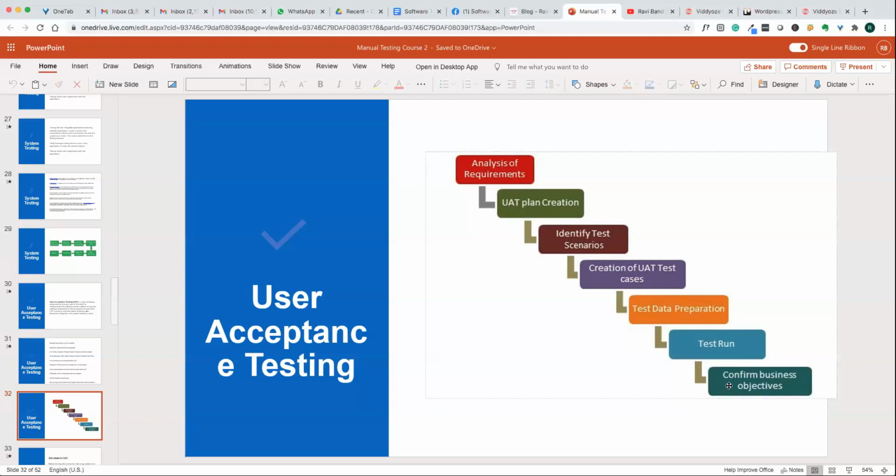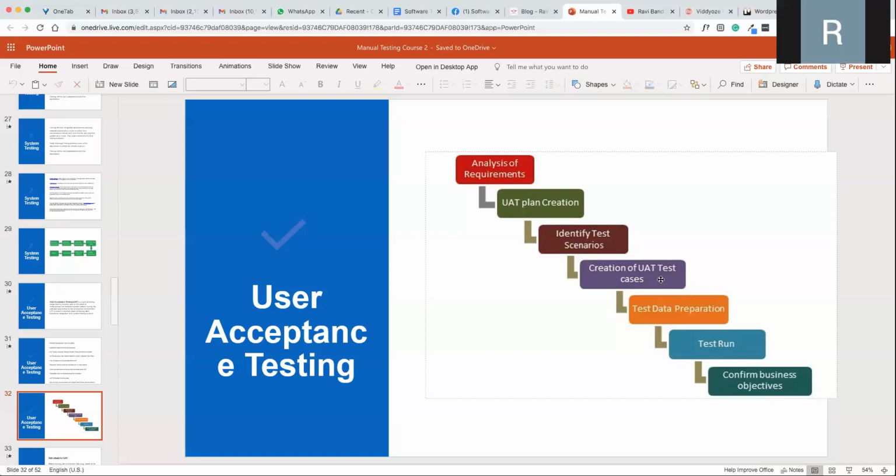Sir, what is test run? Test run is actual execution, right? You are creating all these test cases, test data. So test run is basically we're going to run those scenarios on the application and verify the result, right? It is nothing but the status of the execution.